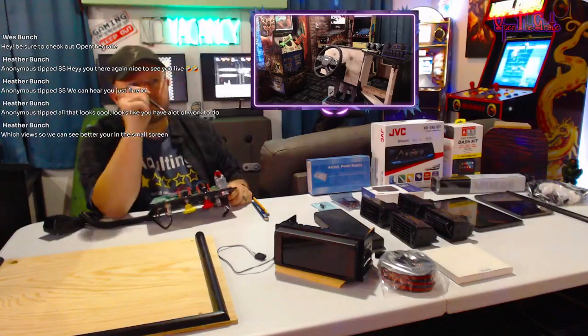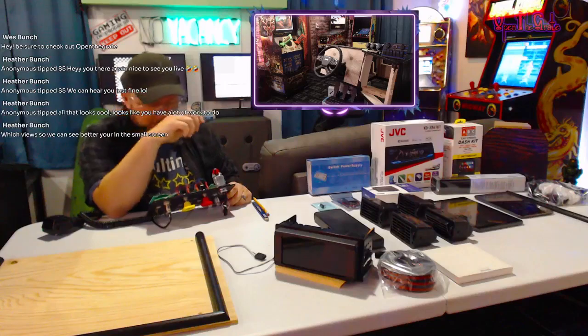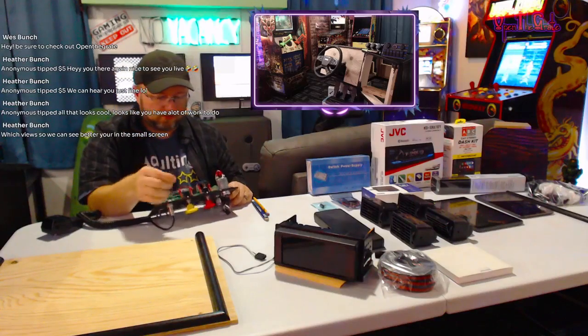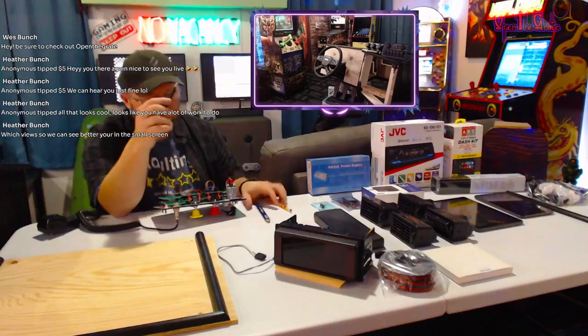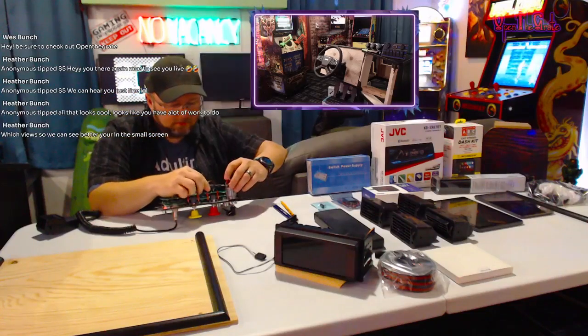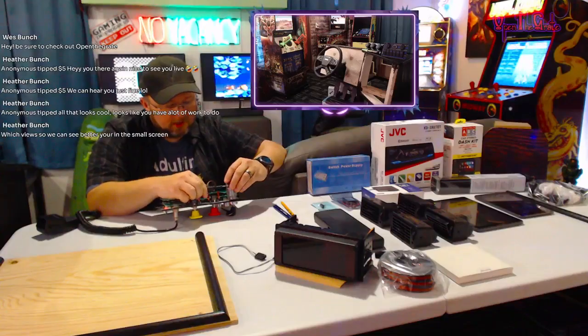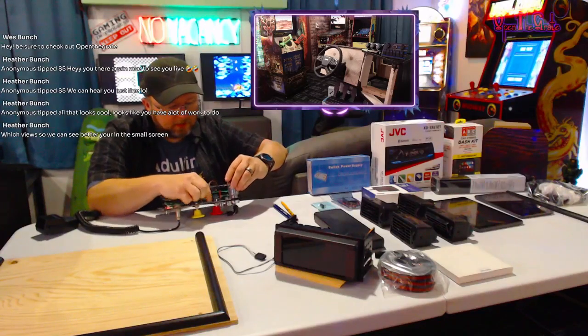It's not as easy for me to switch views because I got to come over here and use the mouse, whether it's different than when I'm streaming playing the game, because then I have my stream deck and I can do it off of that. But anyway,